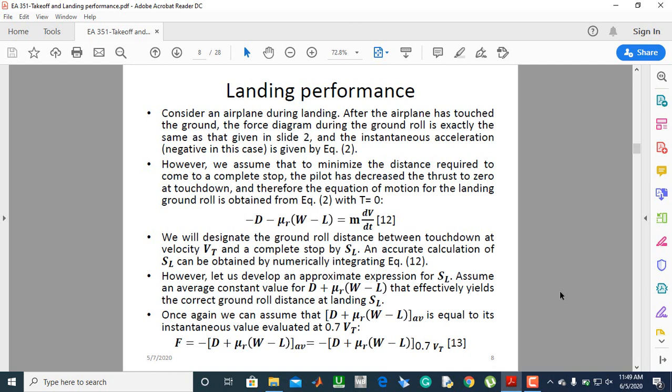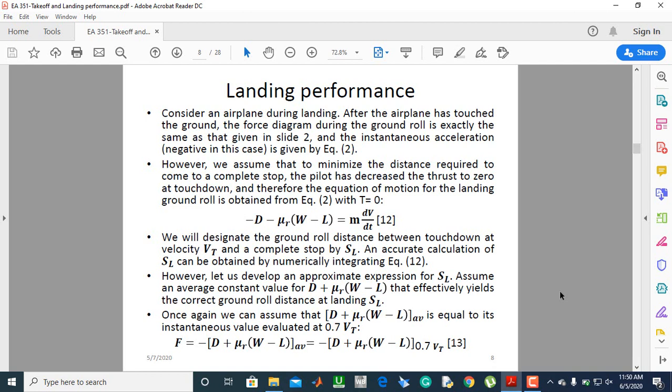Now, previously we had VLO, the lift off speed, but now we have VT, which is the touchdown velocity, and SL would denote the distance required for a complete stop as the aircraft is landing. And now we can integrate equation 12 to get this distance,